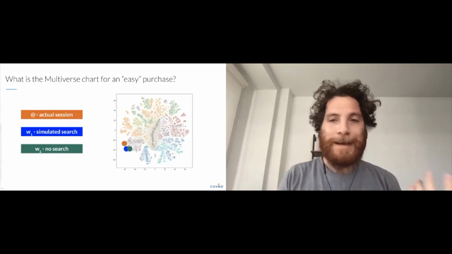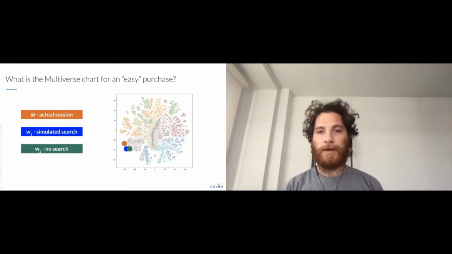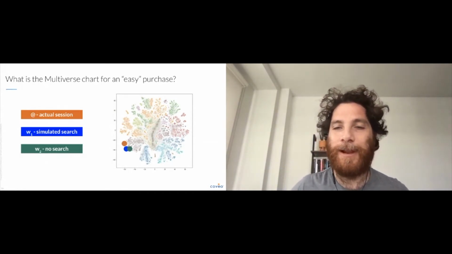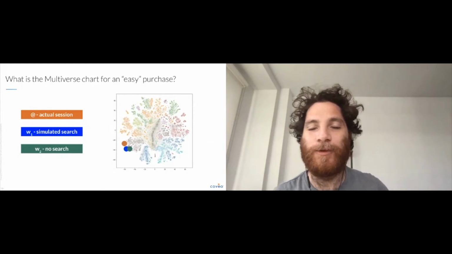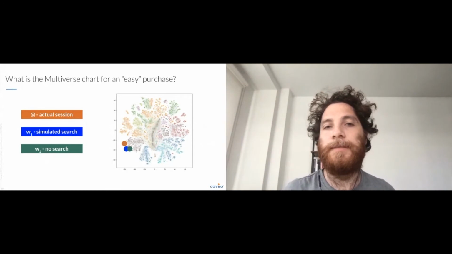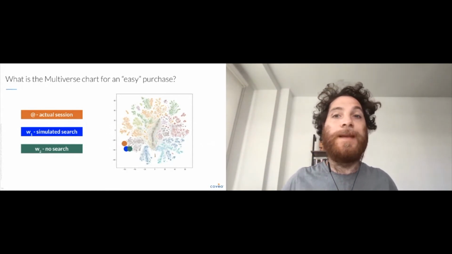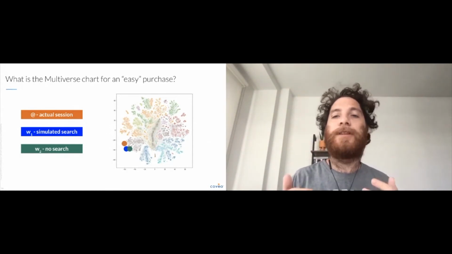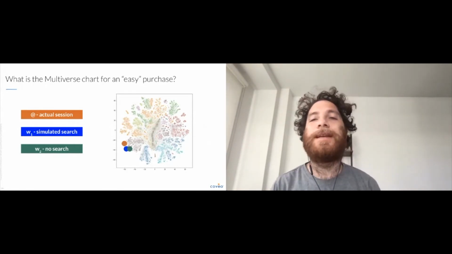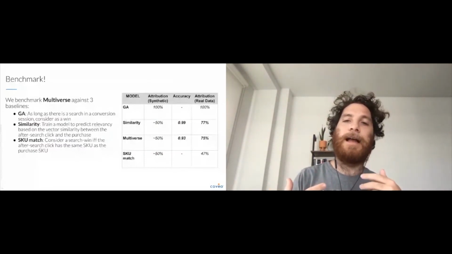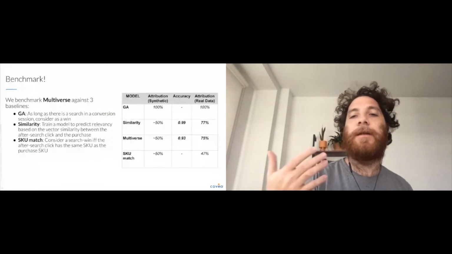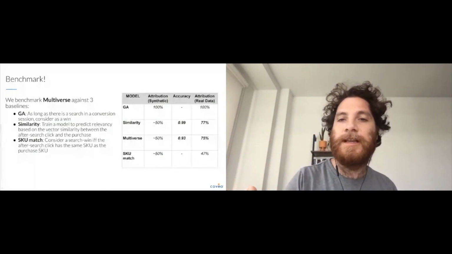So geometric intuition aside, how do we know that this works? Well, it's very hard because obviously there's no actual tagging that people have made on real sessions telling you this was causally relevant and this was not causally relevant. So we borrow a tool from the causal attribution literature, which is basically building a synthetic dataset first to test your model. The cool thing about a synthetic dataset is that since you build it from scratch, you basically can enforce some type of dependency between what people search and what people buy. And then you're going to use different methods to see if